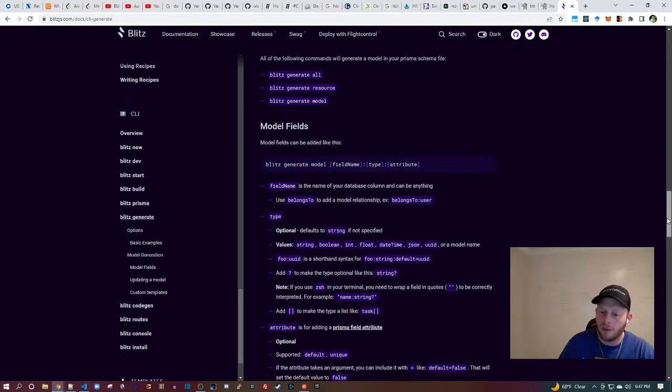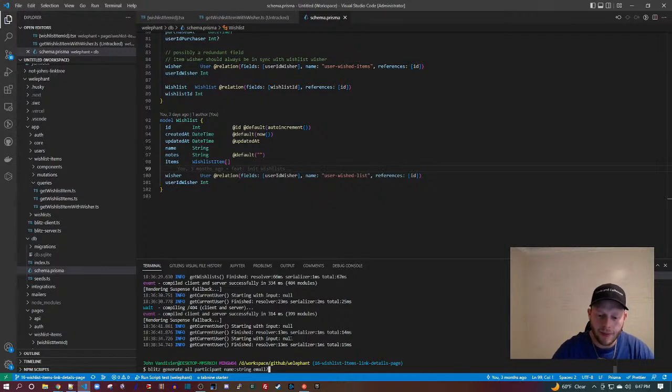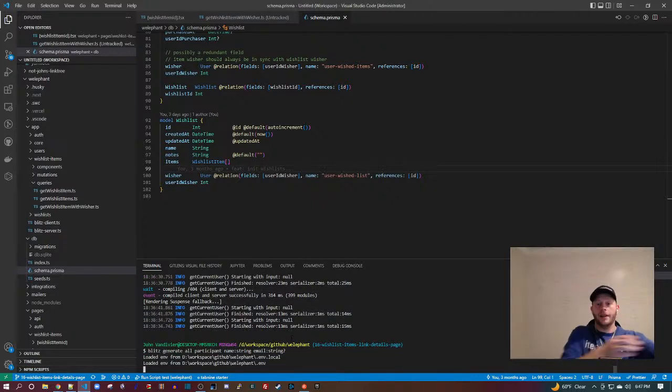model fields. This is where I want to know, can I put a question mark? Ooh, there it is. Like this. For example, name string question mark. That's exactly what I want. So email string question mark. I think that's all I want. At least it's all I can think of right now. So let's do this. The good news is if you get it wrong, you can always edit it, right? It's just code. It's just helping you build code.